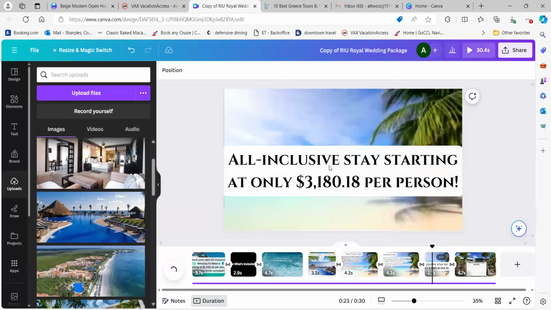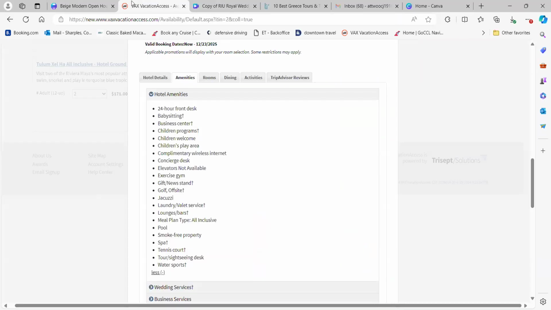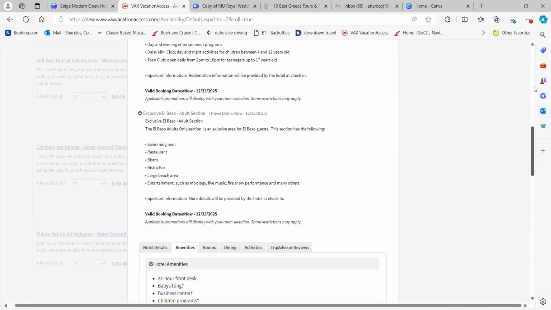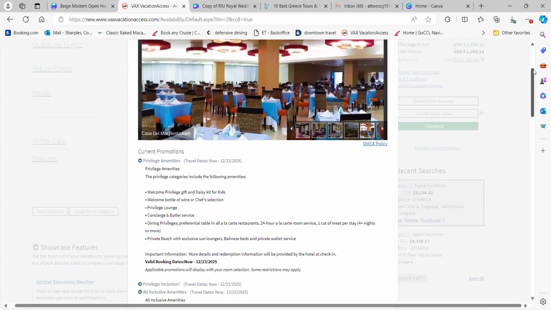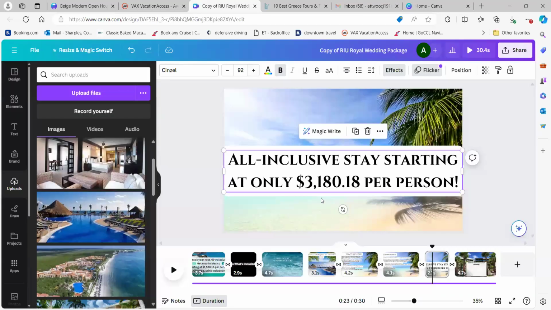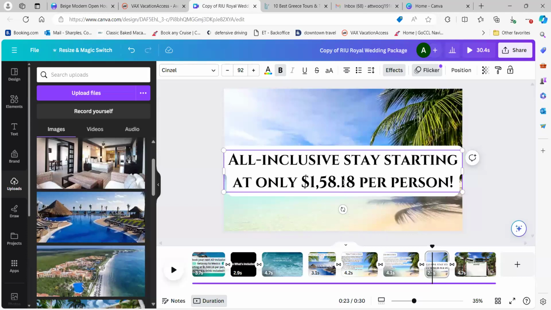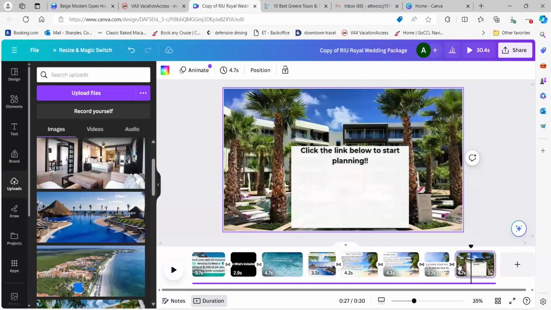And then you're going to put here the total again, which was, let me see here, 1,568. And then usually I leave it blank here. This is where you're going to put all of your contact information. You can put your logo, your email, your website, whatever is the best way for them to contact you. If you have a QR code, you can also put a QR code in here and take them directly to your website.